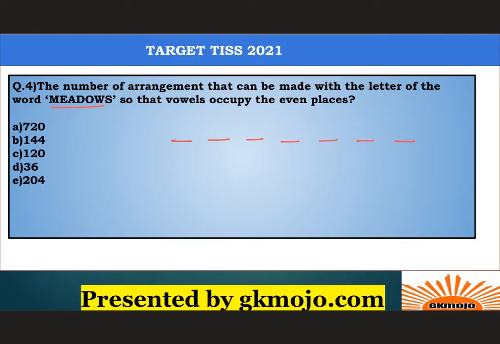Out of this, there are three vowels, E, A, and O, right? So 1, 2, 3, 4, 5, 6, 7. What the question says is that vowels occupy the even places. So let's say here vowel 1 comes, here vowel 2 comes, and here vowel 3 comes, since there are only three vowels, right? Vowels can arrange in these places 2, 4, and 6 amongst themselves in 3 factorial ways, that